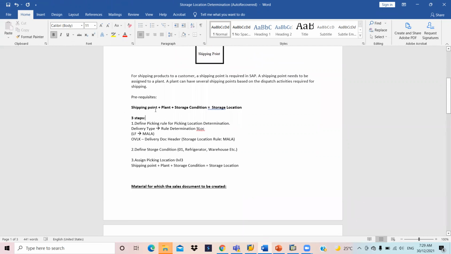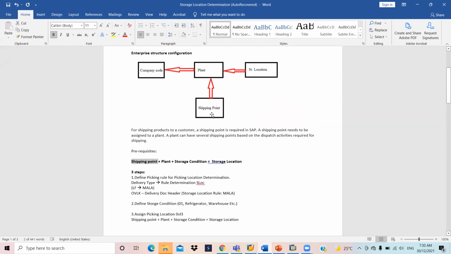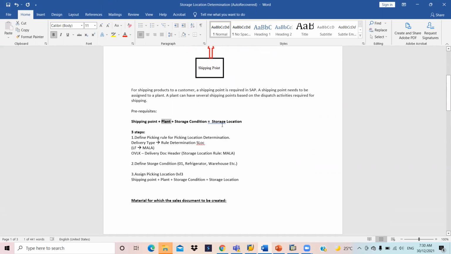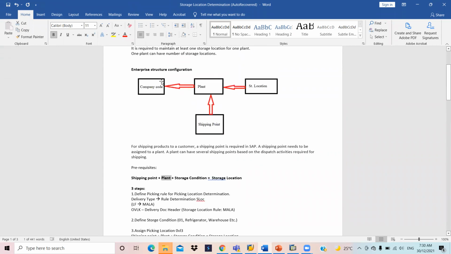As you know, the shipping point is already set up under the plant in the enterprise structure configuration, and the plant is also set up in the enterprise structure configuration, and the storage location is also set up under the plant in the enterprise structure configuration.